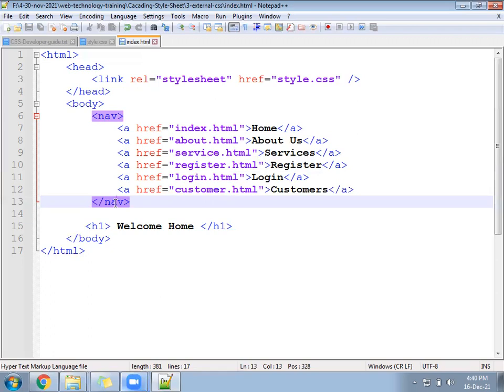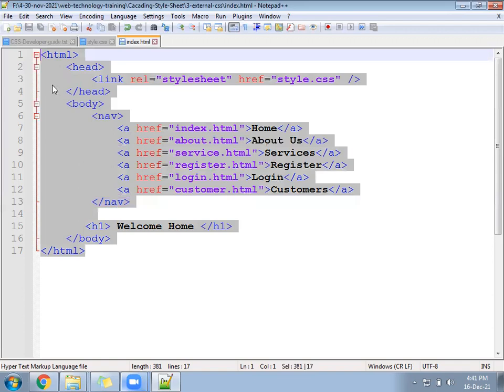Now we need to create more files. We have already index. We will create a service file, or at least two files, about and service, and we can check whether one-to-many is happening or not. One place we have written the CSS, is that CSS applying in all the places or not? So the home file is ready.